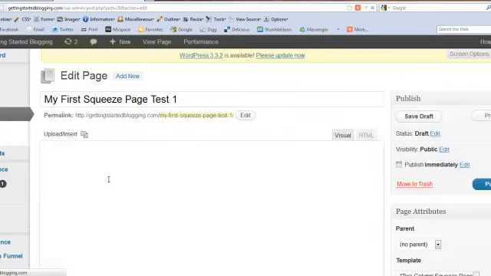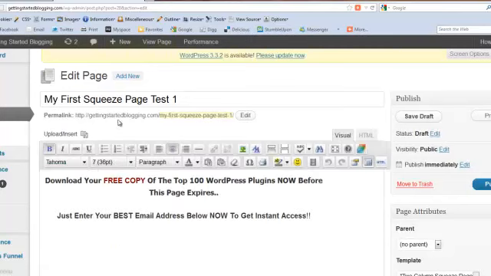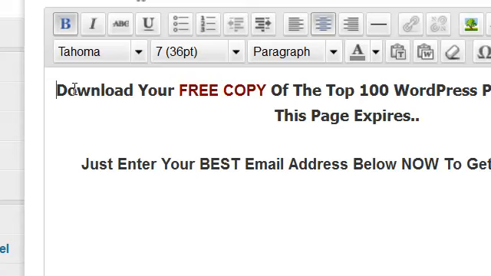Now that brings you to your editor, and that's what you need to do. You type whatever the name of your squeeze page is here, and then you type your headline in here. Now what you can do, you can play around with your editor, and if you want to bold something, you've got the B, italics is here, but what you have to do is highlight the word that you're working with, and then you can apply bold, italics, strike through, underline here,